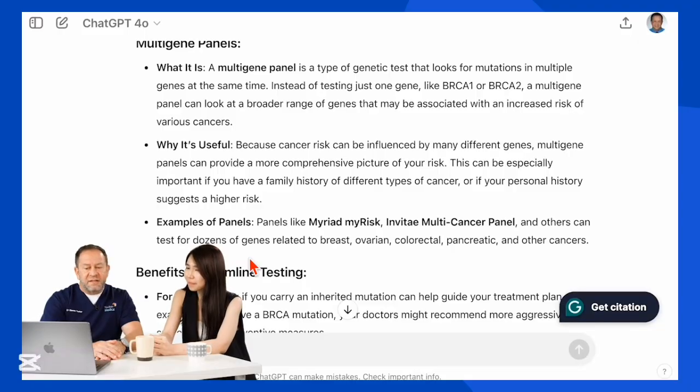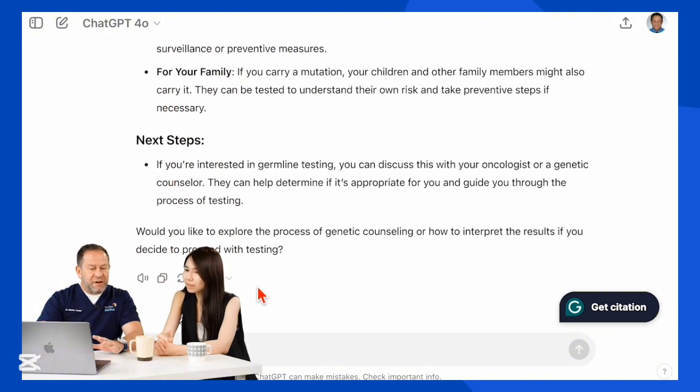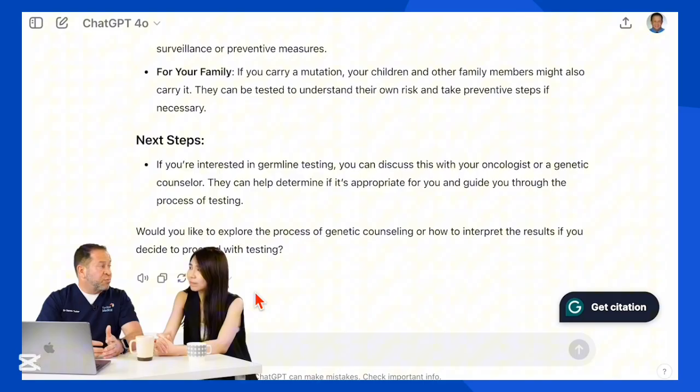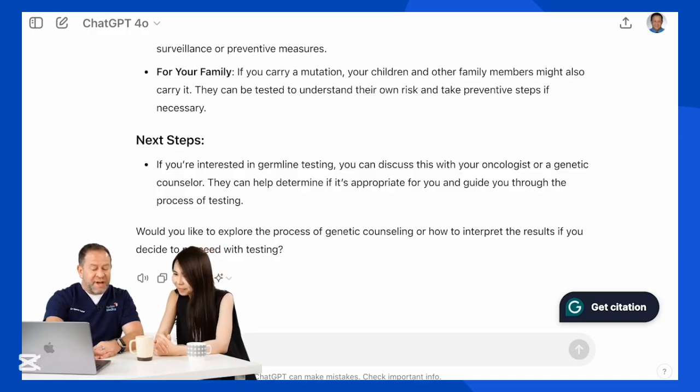That's cool for a patient because rather than Googling everything on their own, they can just use one device and then get everything sorted out. And it remembers. I think that Google is great and Google serves a purpose, but this is a personalized search. And if you're ever in doubt, because GPT makes mistakes, and like we said before, we're not letting GPT replace the doctor. This is a tool to enhance education, improve empowerment, and make your limited time with your physicians more effective. But if you don't trust GPT, you can definitely come back to it and say,